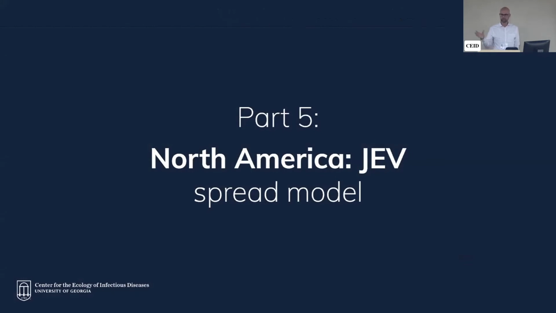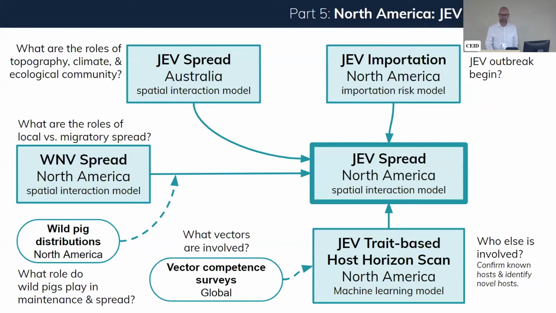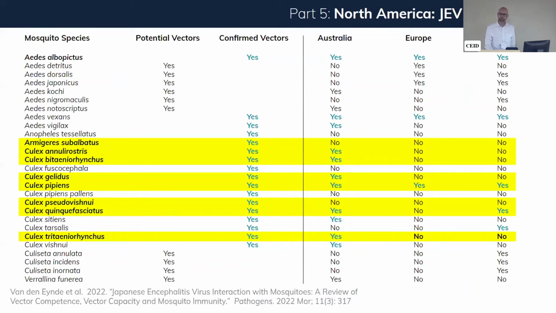And the outcome would be something like a spatial interaction model parameterized for West Nile virus, which we might then modify in the context of what we could learn about JEV in Australia to do some scenario analysis that would then be useful for anticipating potential spread of JEV should it be introduced. This is going to require that we obtain some additional information. So for instance, I think we've already seen information about this in other reviews of the ecology of JEV. Obviously, these reviews are not exhaustive because they're limited to the global experience with JEV, and we're talking about translating that into a novel ecological context.